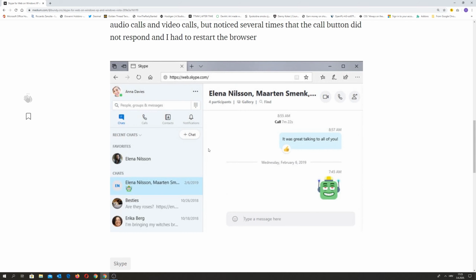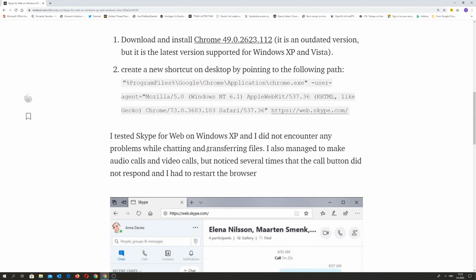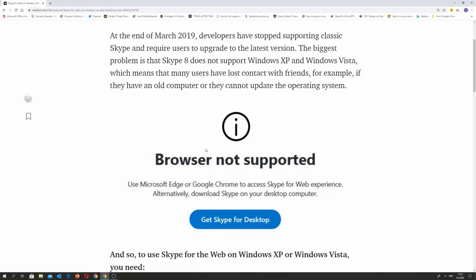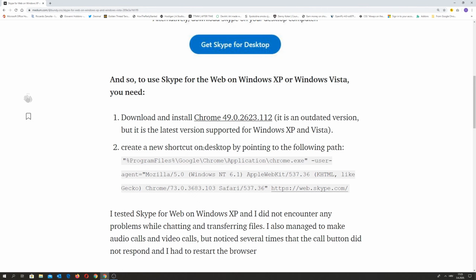So you will be able to use Skype for the web normally. Just insert your username and password.